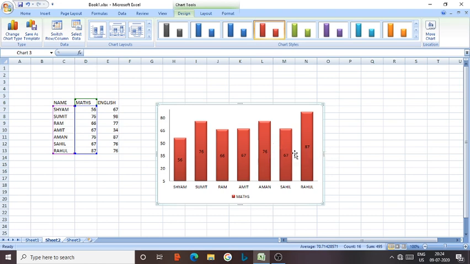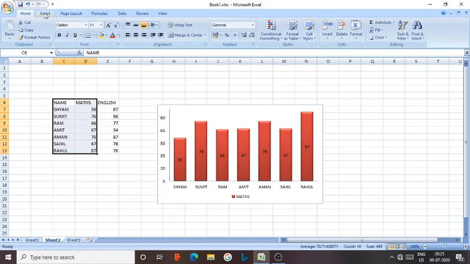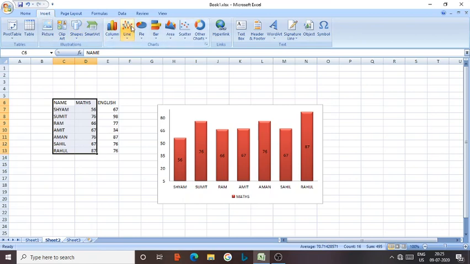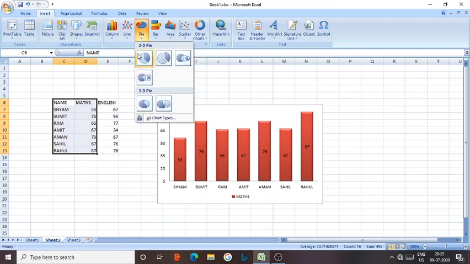In the same way, if you want to represent the same data in another format like a pie chart, that is also very popular. So we have to select the data again, and again we click on insert, and we go to pie chart. Again, like the column chart, the pie chart will also give you many options.